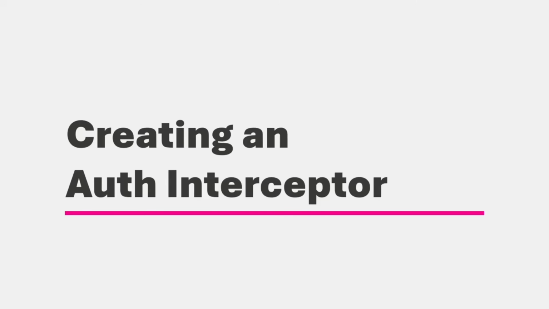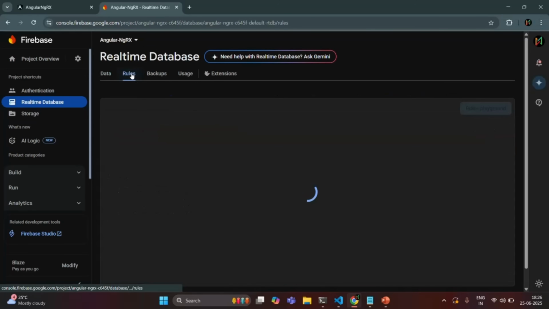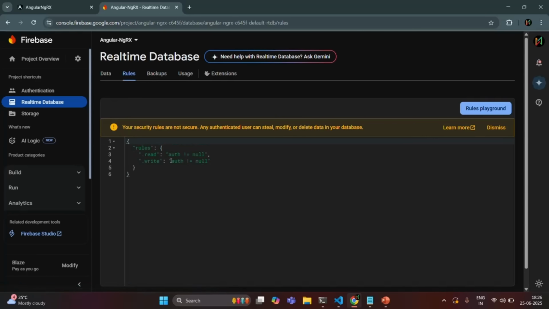So in the last lecture, we saw that if a user is not logged in and if we don't pass the access token of the logged in user with the request, we will not be able to perform CRUD operation on our Firebase database because there we have updated the rules. So if I go to our Firebase database and here if we go to the rules, there I have changed the rule and now I'm allowing read and write operation on this database only if a user is an authenticated